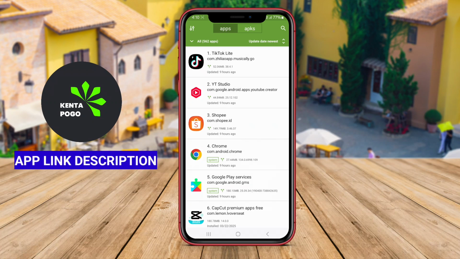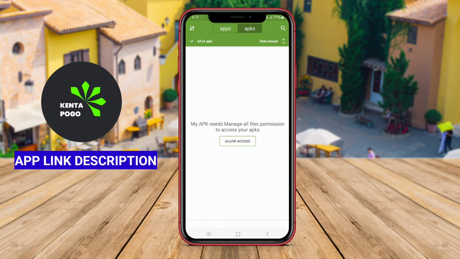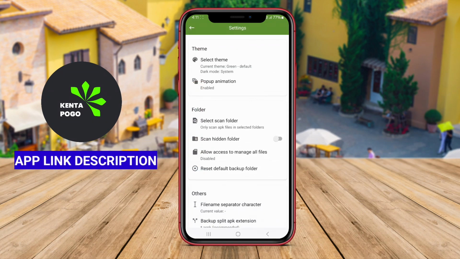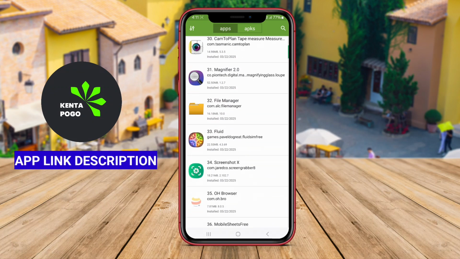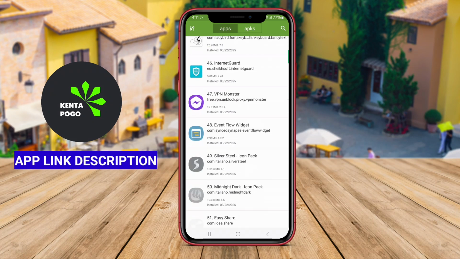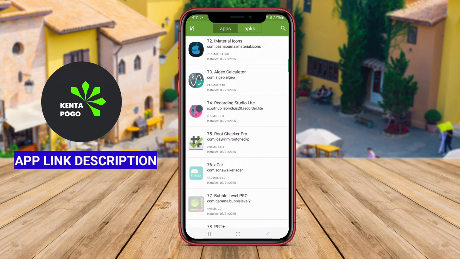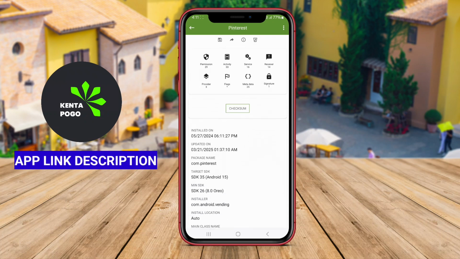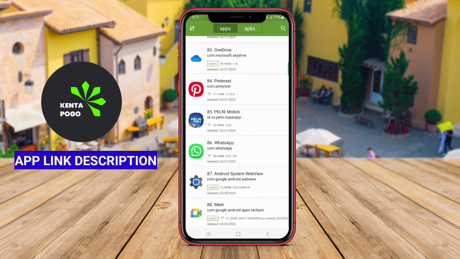One of the key features of My APK is its ability to facilitate the backup and sharing of APK files. Users can easily extract APKs of their installed apps, which can then be shared with others or stored for future use. This functionality is particularly beneficial for users who want to preserve app versions or share applications without relying on app stores. Additionally, My APK often includes a search function, making it convenient to locate specific apps and manage them